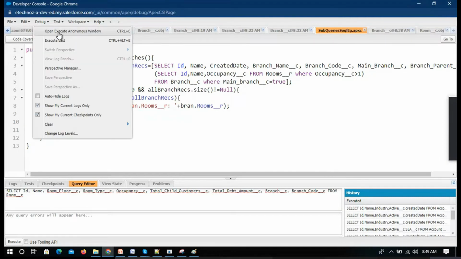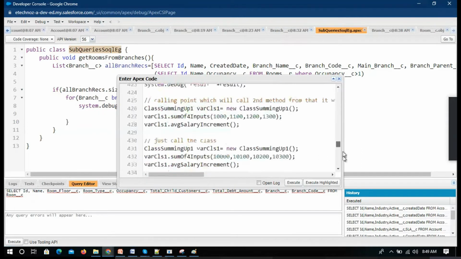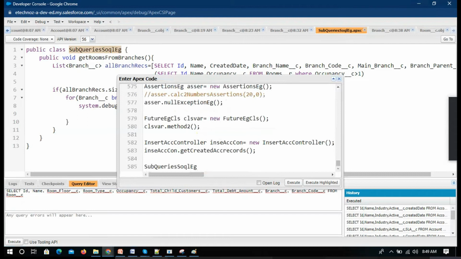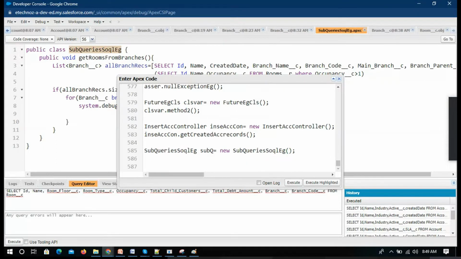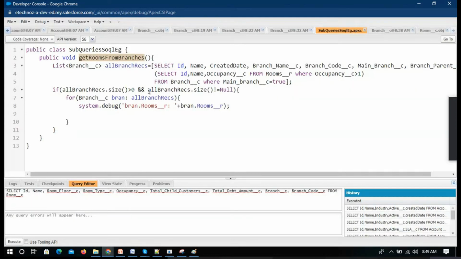You have to go to the anonymous window and execute it using the class name. So subq is equal to the class name, and then subq dot, what's the function name? This is the function name, and when you are executing this, it will just pull the data and showcase the System.debug. Okay, so you can just open the debug,